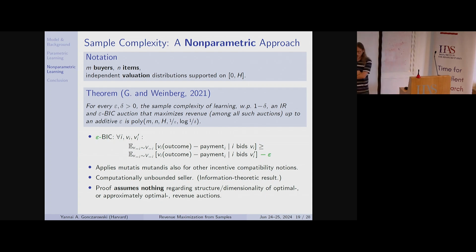The epsilon BIC is an open question. There is hope there, but there seem to be several obstacles. It's actually a funny story. Matt and myself spent more time trying to get rid of the epsilon after proving this than we spent proving this. At some point we started telling people about this result, but we said we're stuck with the epsilon, and people were very excited about this result.